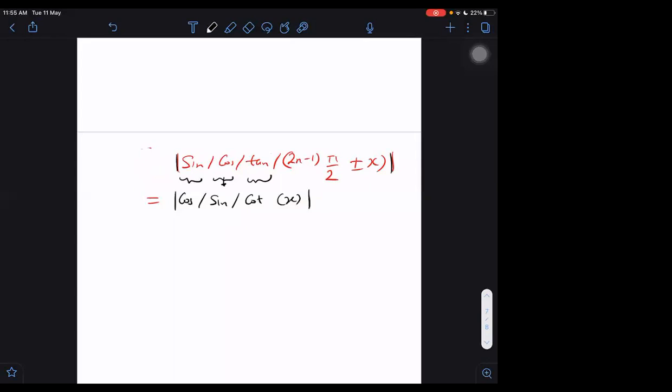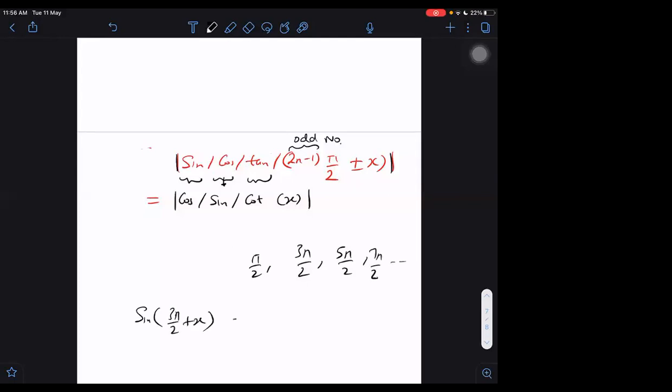So magnitude wise, again, this logic we will follow. Sine converts into cos whenever it is odd. 2n minus 1 represents any odd number. So for example, 3 pi by 2 or just pi by 2 or 5 pi by 2. All these are odd numbers only. And 7 pi by 2 and so on. For all such cases,